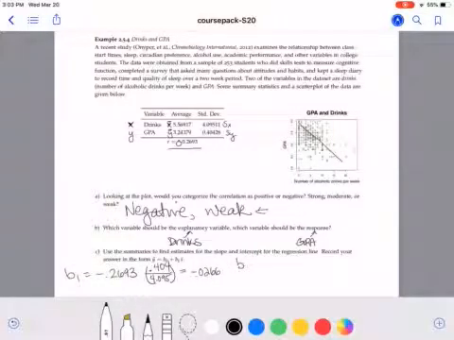Then to find our intercept B0, we take the mean of the Y's, our Y bar, which is 3.244, and we subtract our slope, so we'll have subtracting a negative 0.0266, so that will turn positive, times our mean of our x's, which is 5.569. This will give us an intercept of